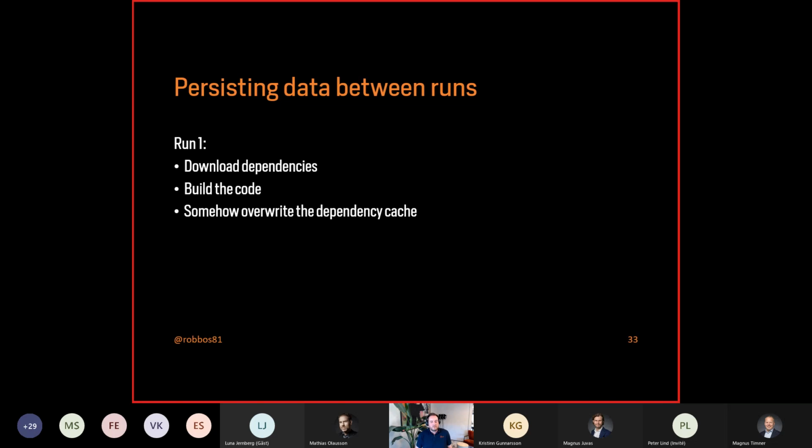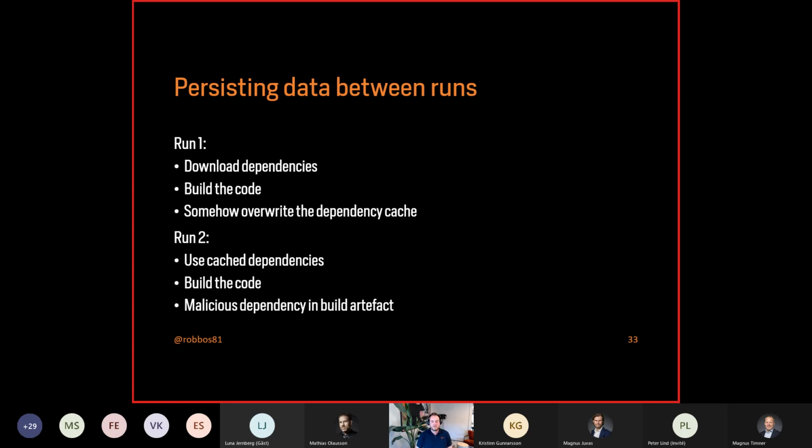Same thing goes, you have that runner installed on a virtual machine, and now you could potentially have an issue with persistent data between each run. The first run needs a dependency. Somehow there's a script involved there that overrides your dependency cache. And it leaves just one single assembly there and does something nasty if it's being executed in production. Then the second run comes by and asks the package manager, hey, I need this package with this specific version. And the package manager says, yeah, sure, fine. I've got one here. I've already cached it for you. Have it. And now all of a sudden you have that malicious build dependency already in your build artifact that you can deploy into your environment.